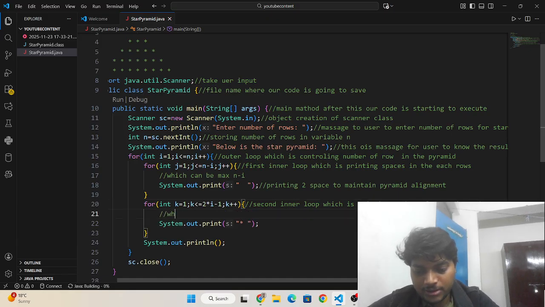When we are moving to the next row, the number of stars is increasing by two more, so here we are incrementing.